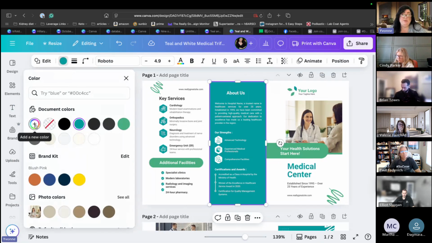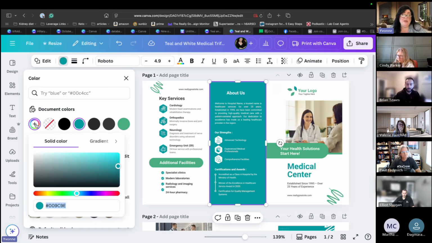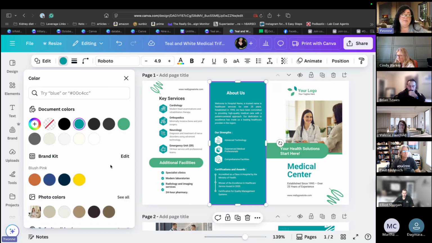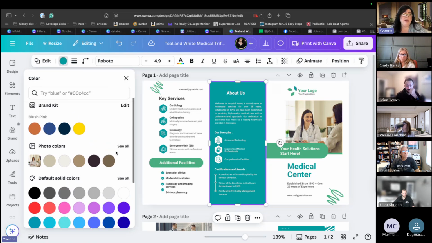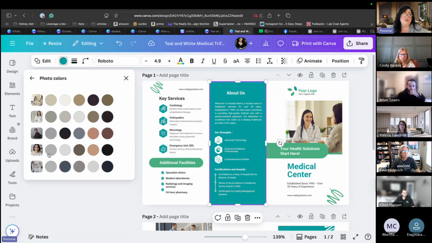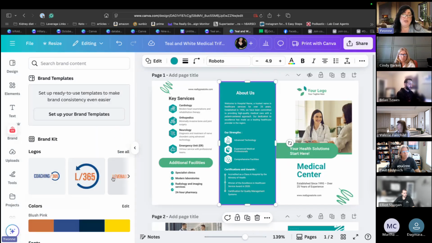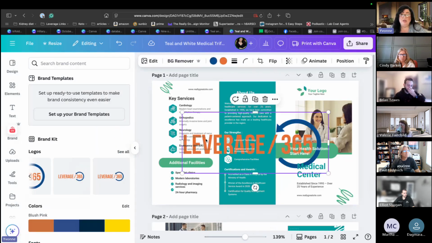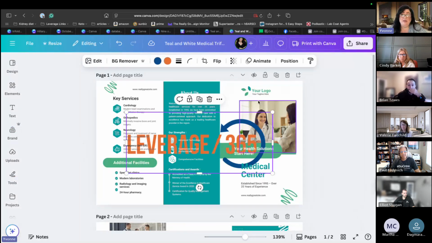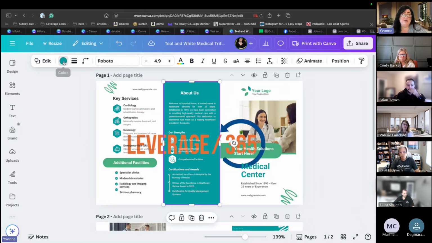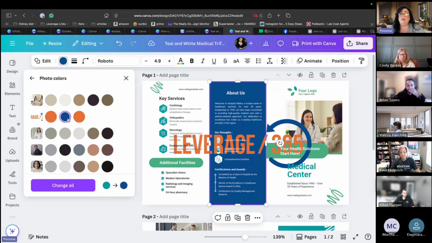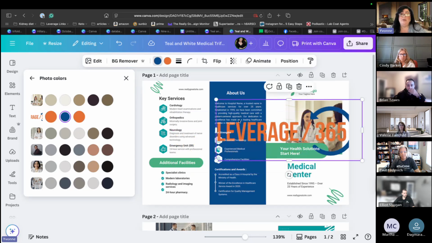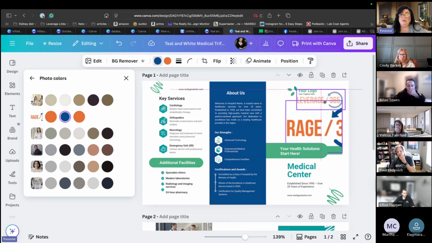And if you want to put in a specific color for your company's branding, you can actually type in the hex color code here. Or I'll put your logo in here, and what'll happen is, see all shows all of the colors. Let's say I put in my logo just for the heck of it. Now, if I go back and want to change this color, I go to color, see all, and then I can see that it could pick up the color from my logo. And then it's the exact correct color blue.